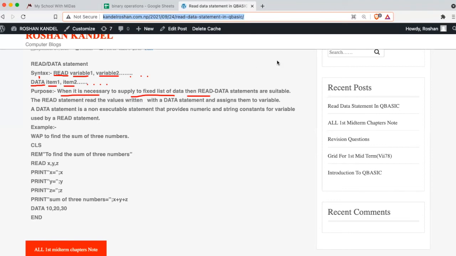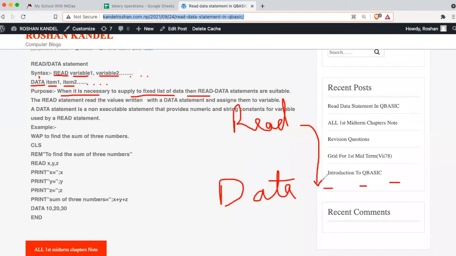Now understand again: where is our actual data? The actual data is in the DATA statement. The actual data are in the DATA statement. Then what does the READ statement do? It will go to the DATA and read the values. Not only does it read, it assigns the variables the data. Like v1 will get 2, v2 will get 3, v3 will get 4. Understood? Now let us see.